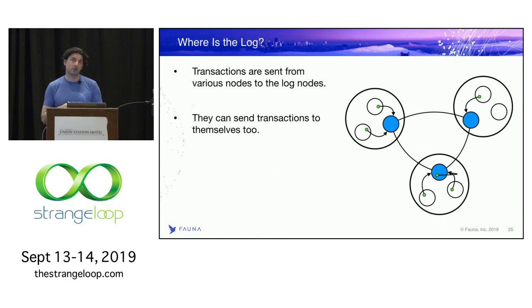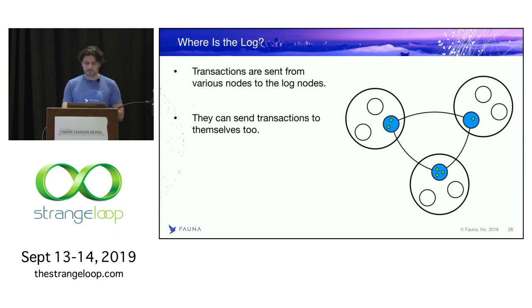If a node is both a log node and a data node, it will obviously prioritize sending to itself, because it spares a network hop. And then those transactions first end up in the memory of the log node. At this point, they could even be lost if the node just crashes, but then the coordinator is also still keeping it, so it would try to send it somewhere else.